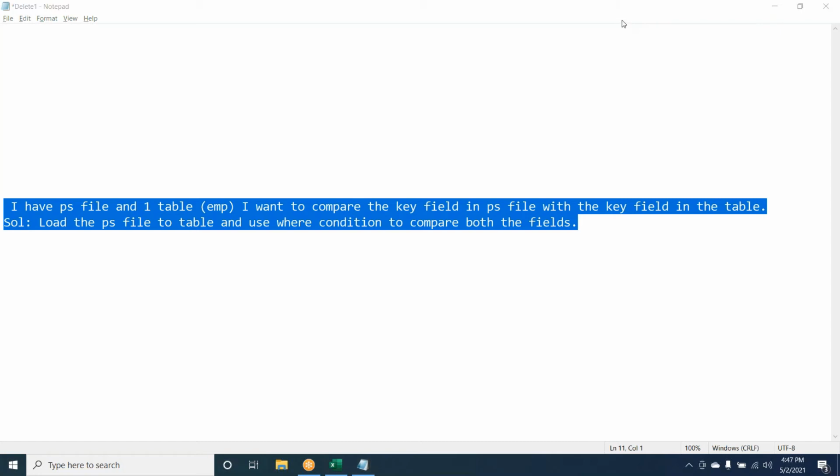I think one more approach is there. We can have a global temporary table. I used it in my old project. Comparing one by one will take time, so a global temporary table can hold whatever values are there in the PS file. You hold it one time, and only one DB2 call is needed to compare. That is a feasible option.